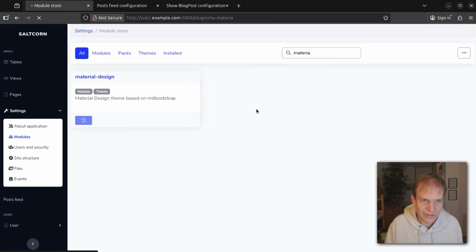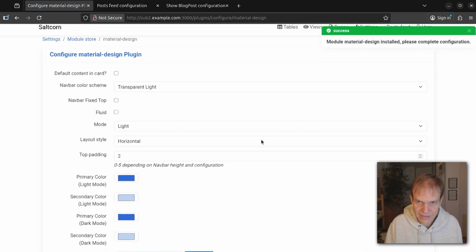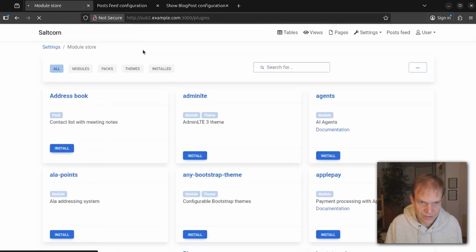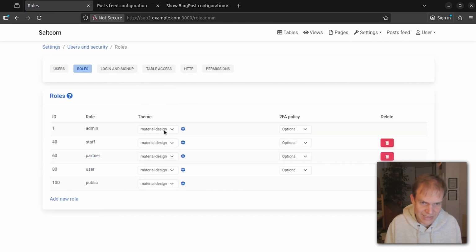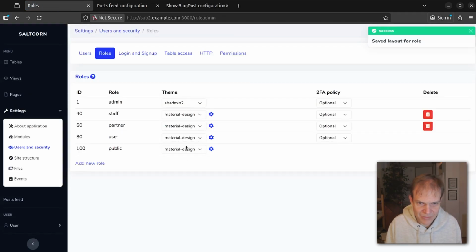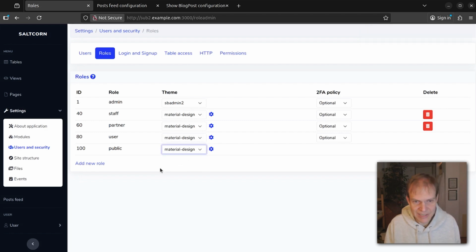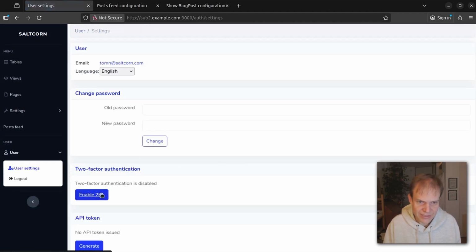Let's install a different theme. And let's just do that. That's good. Looks good to me. And so now you can set the theme differently. Maybe you want this more dashboard thing here for the admin, but you want everybody else to have like material design. Okay, and here you can set different rules for the two-factor authentication, so users can set up two-factor authentication